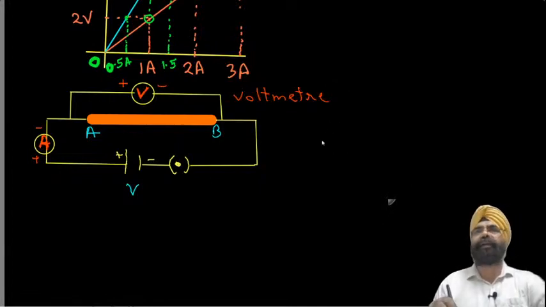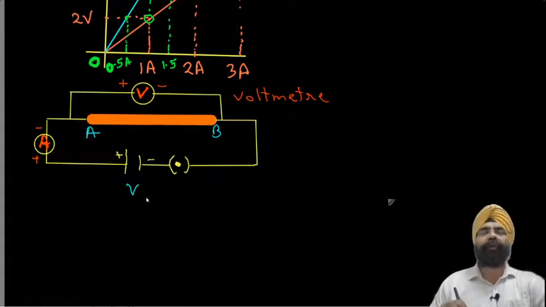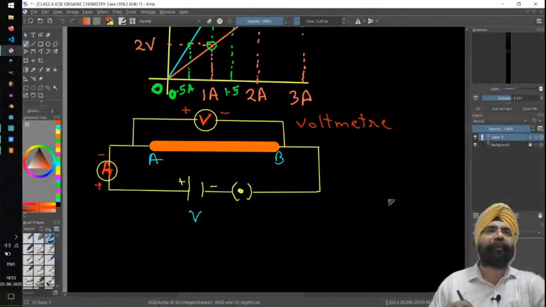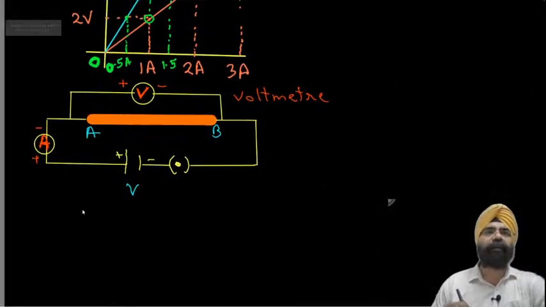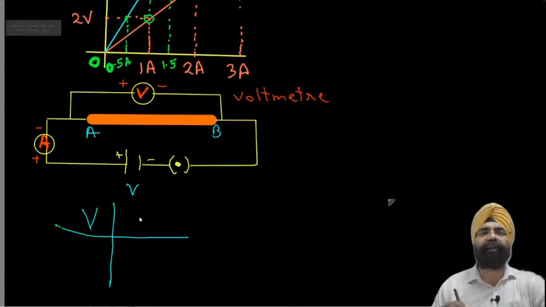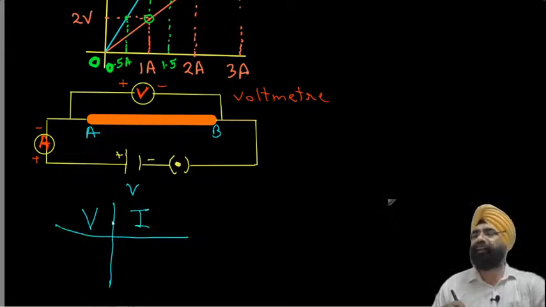ओके, विल डिस्कस दैट व्हेन यू स्टार्ट डिस्कसिंग, यू विल गेट टू नो दैट। ओके, अब देखो, नाउ व्हाट आई डू इज, जॉर्ज साइमन ओम ने क्या करा कि उन्होंने एक सेल लगाया और करंट चेक करा। ओके, यहाँ पे वो करंट दिखा रहा है कि इस कंडक्टर के थ्रू कितना करंट फ्लो कर रहा है। ओके, एंड जॉर्ज साइमन ओम टैबुलेटेड इट। ओके, उन्होंने टैबुलेशन करा, एक तरफ कितना मेरा पोटेंशियल डिफरेंस क्रिएटेड था और कितना मेरा करंट फ्लो करा इन द कंडक्टर। ओके, अब उन्होंने इसको रिप्लेस करके अब इसमें 2 सेल लगा दिए।